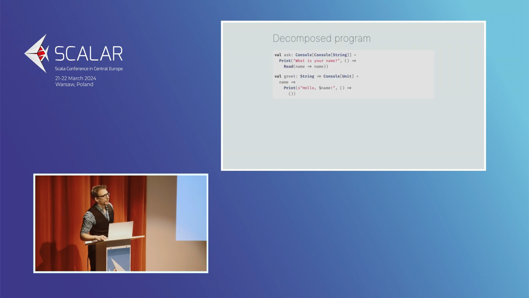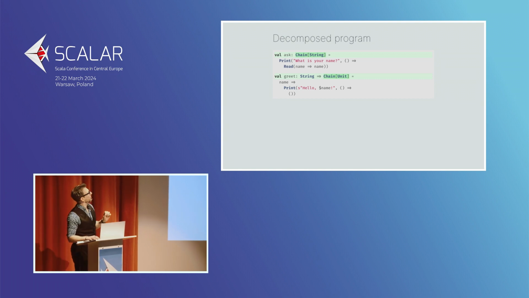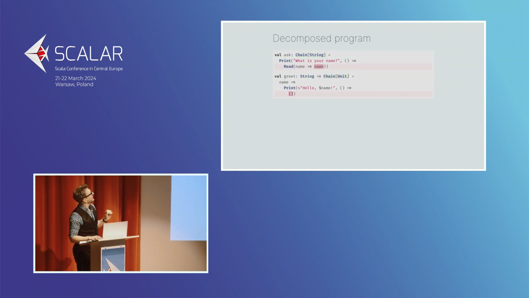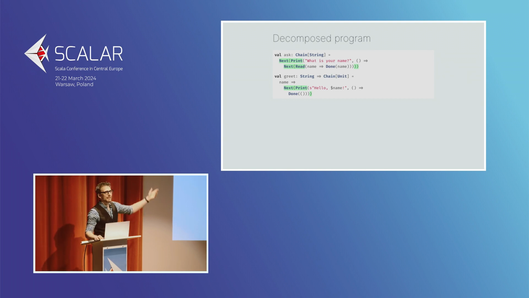Which allows us now that everything works to fix this program. First thing, since those are chain statements, we are going to be using the chain type, which is much nicer, isn't it? That's a lot better than what we had. It's about to get a lot worse, because now all of the final values need to be wrapped in a done, and all of the intermediate values need to be wrapped in a next. That is dreadful, and we're going to have to do something about it, because we do not want to be writing that in the future.